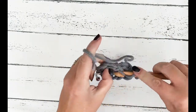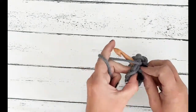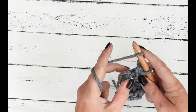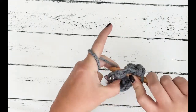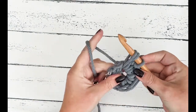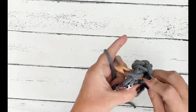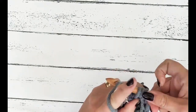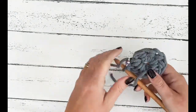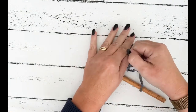Yarn over. That's 6, 7, 8 and 9. Okay, so I've got 9 half treble crochets now, and again, just to close this centre circle,